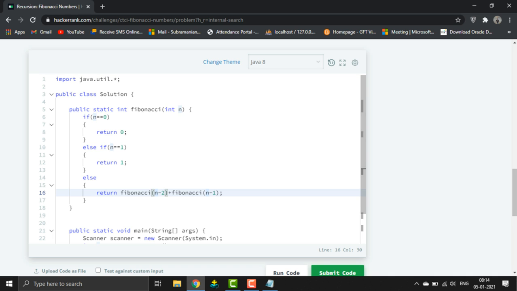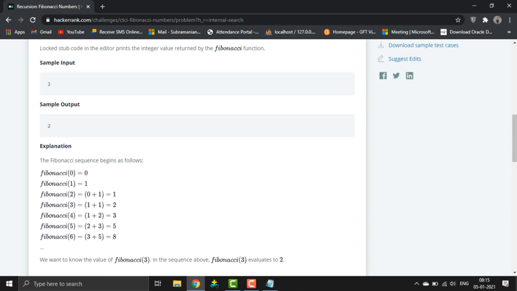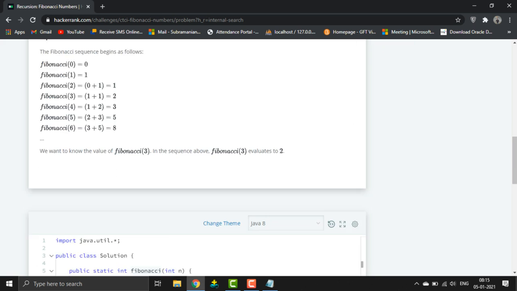So 1 plus 0, we already have 1 here, and in addition we have 0, so 1 plus 0 remains 1. After we go here, 2 minus 1 would be 1, which means 1, it comes under here, 1 plus 1 would be 2. There we go, we got the output.